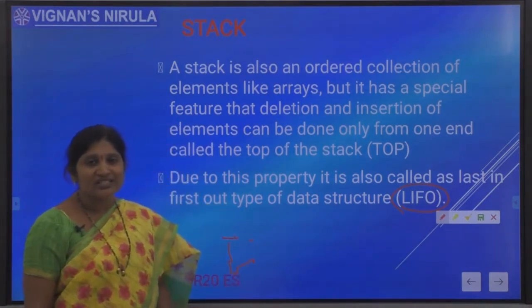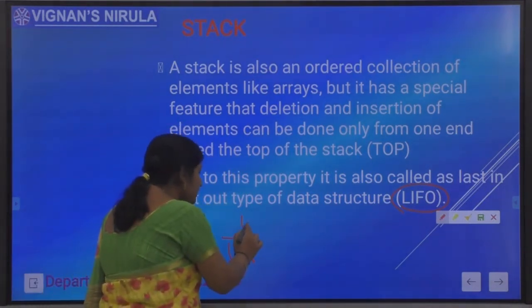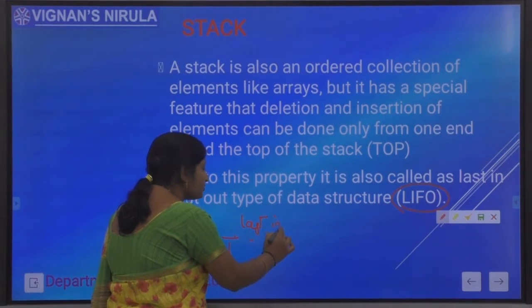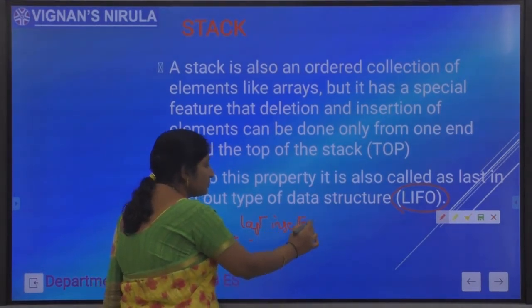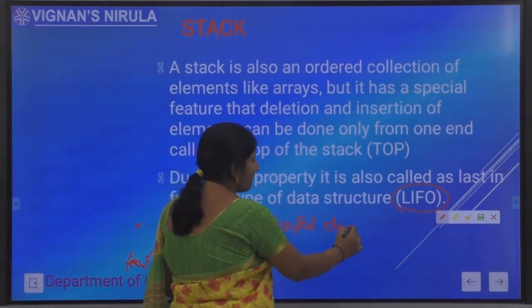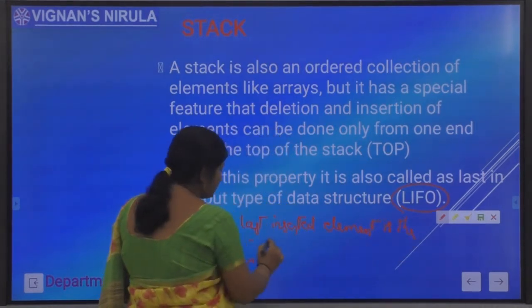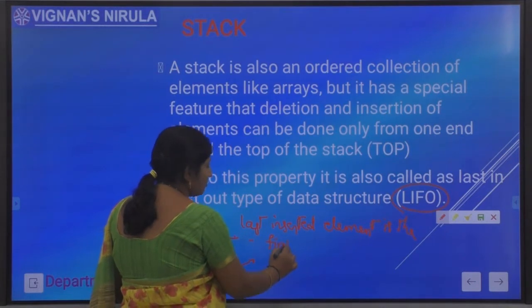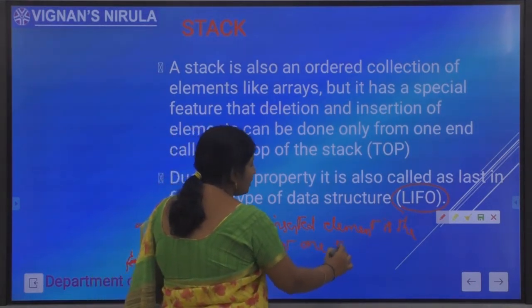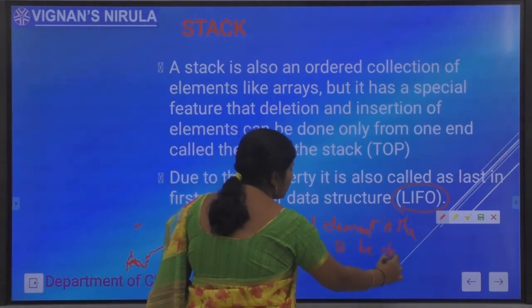What is the meaning of last in? The last inserted element is the first one to be deleted.